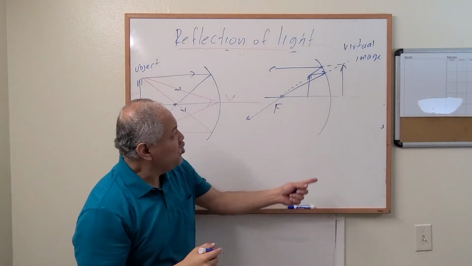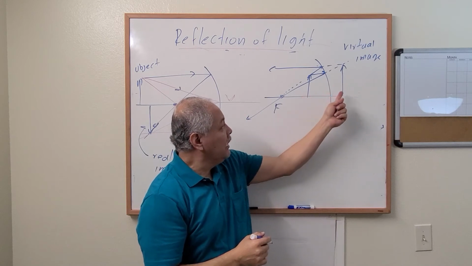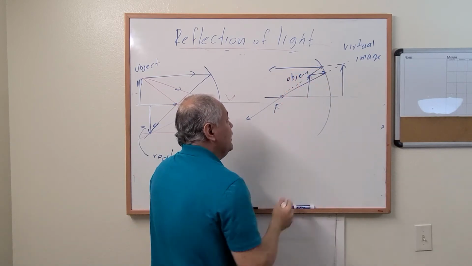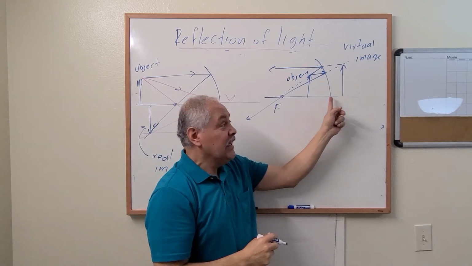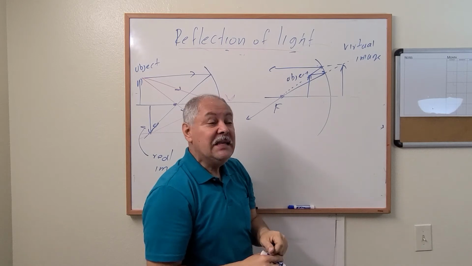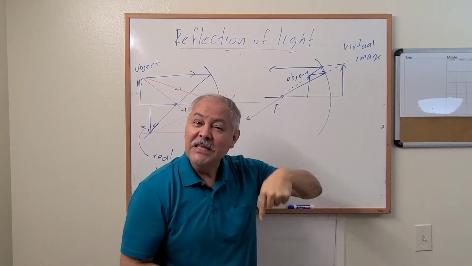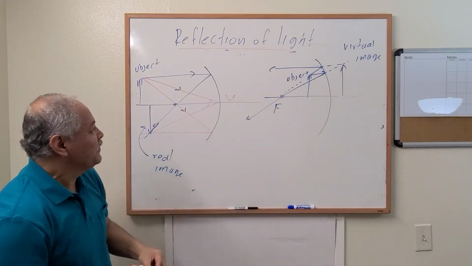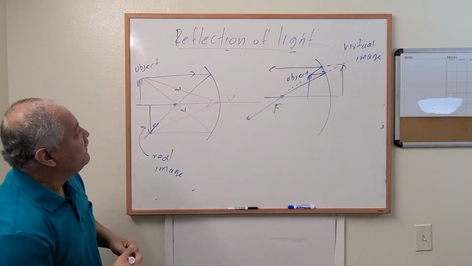And look, also when the image is virtual, right, this is the object, the image is upright. If the image is upright, the image is virtual. If the image is upside down, the image is real. Okay, perfect. Great. This is the case when we have concave